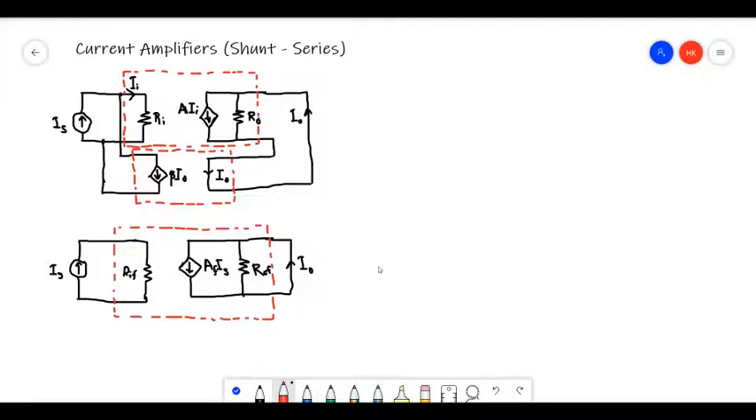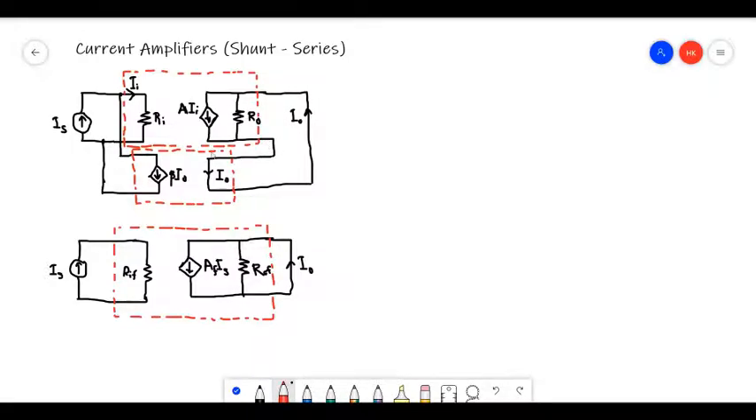Okay guys, so now let's discuss current amplifiers. The feedback topology of current amplifiers is shunt-series. If you take a look at this diagram, this is a general current amplifier. Here you can see that we mix the feedback current with the source current in parallel. That's why we have shunt mixing here, and here we have sampled our output current in series, so